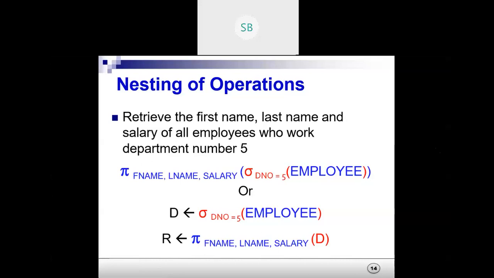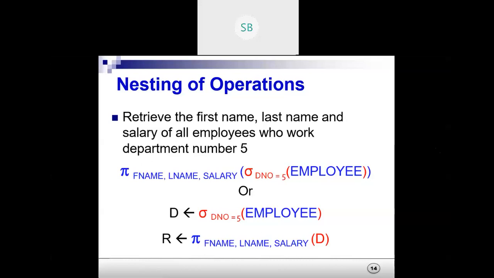See, all the department IDs are stored in the rows. Department number is the name of the column. And we know that the project operation works on the columns. So if we simply use the project operation, we won't be able to filter out the rows, because projection only works on the columns.